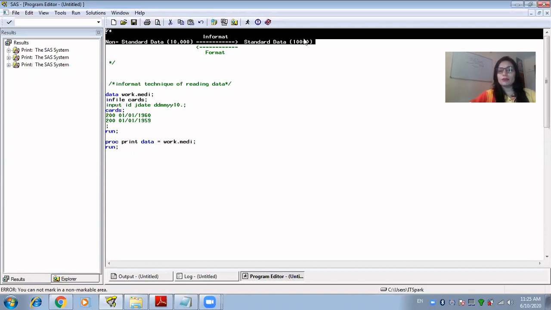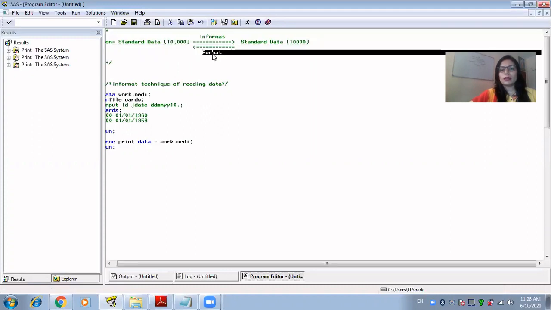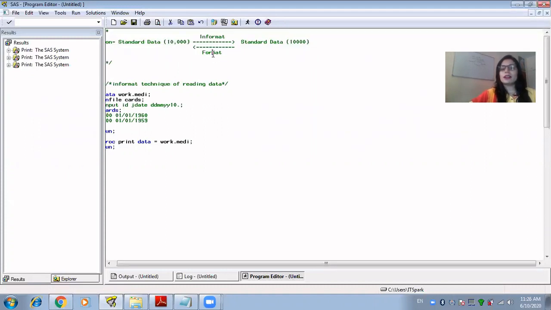Again, if you have converted this data like this, let's say you have a number with n number of zeros, millions of values, billions of amount, or any value you have, you won't be able to understand what exactly that value is. So if you put commas into that, you can easily differentiate which category that value belongs to. So we need something so that we can again make our data non-standard. Format is used for that purpose. Format can make standard data non-standard, and informat is used to convert non-standard data to a standard one.